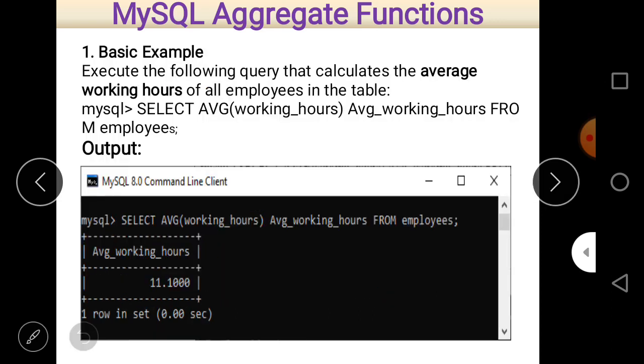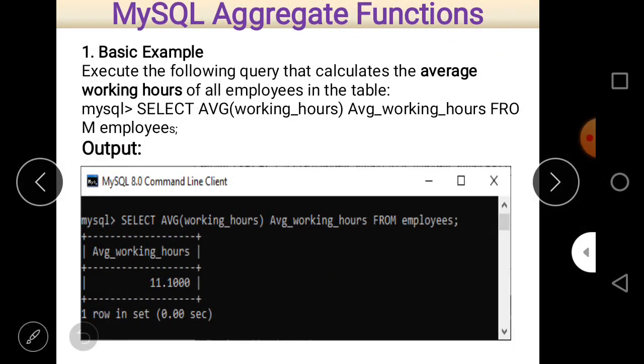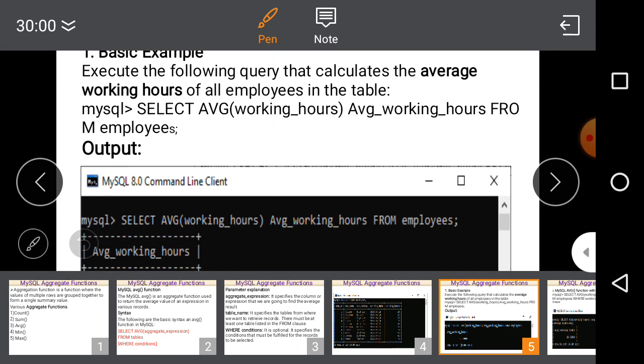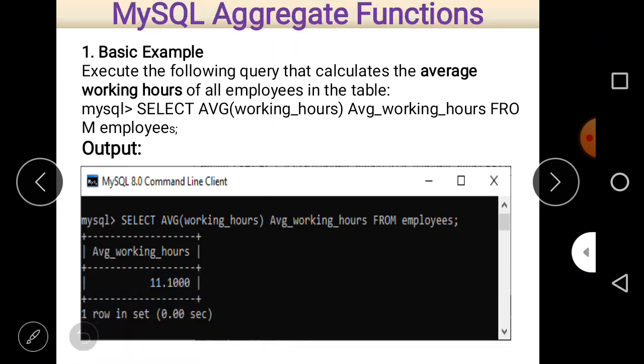Now let us check a basic example to calculate average. Select AVG working hours, average working hours from employees.